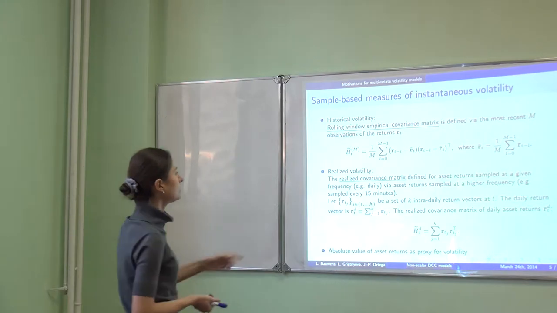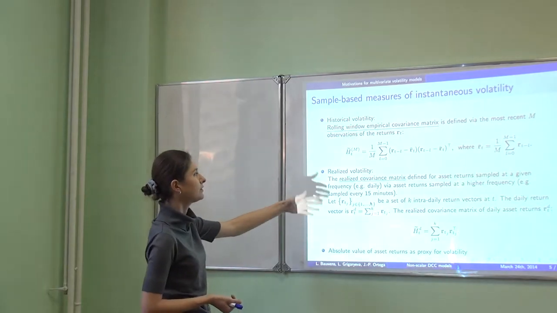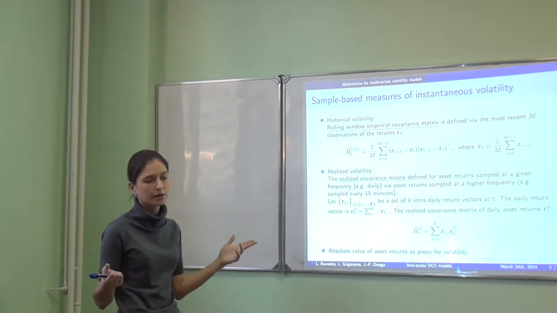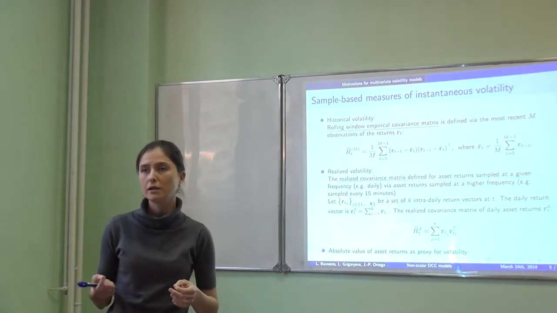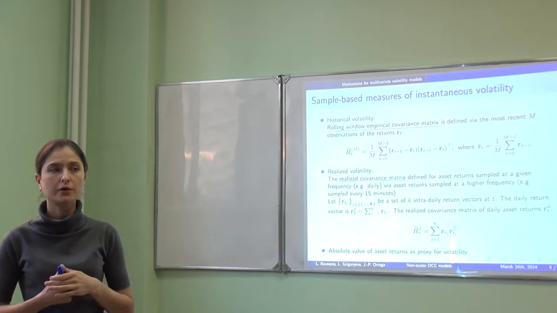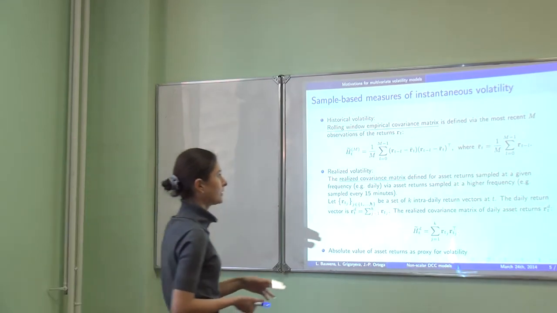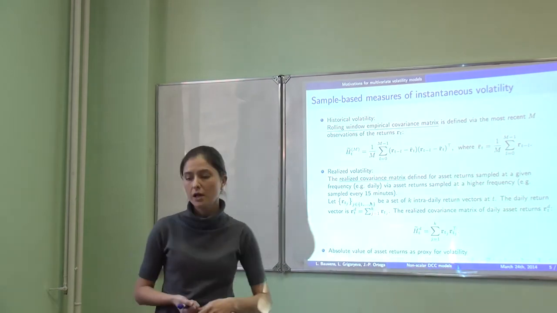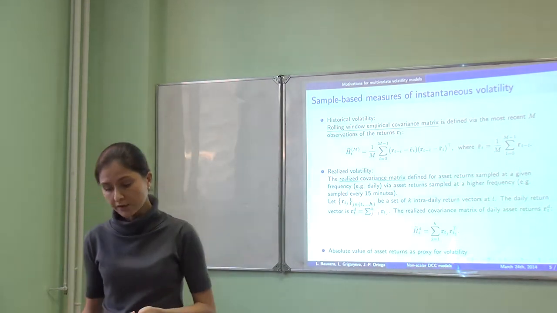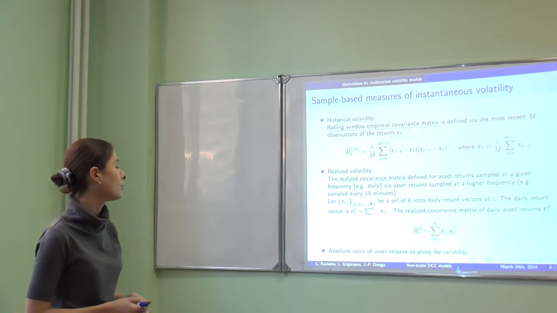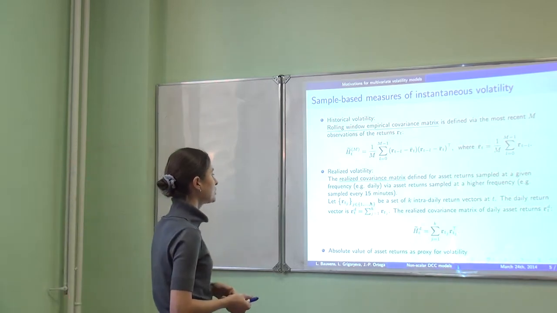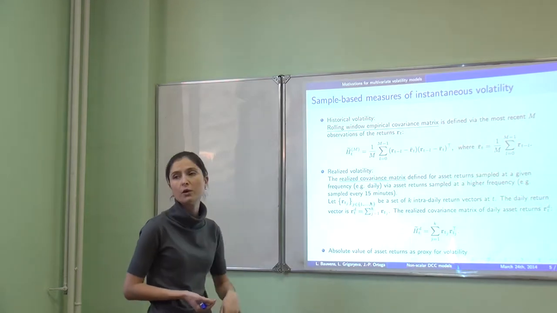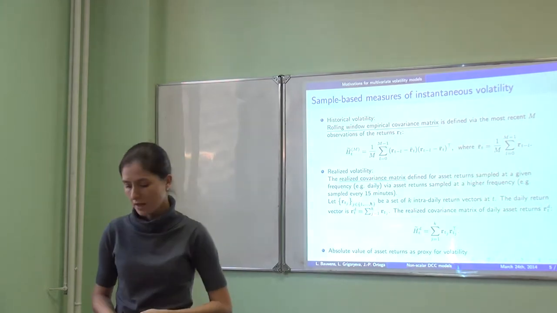And then we have also the realized volatility, which is usually measured by taking some intraday observations of our asset returns, and then we construct our H_t, let's call it D, from this relation. So this is going to be the realized volatility. And a third way of estimating proxies for volatility can be taking the absolute value of our asset returns.